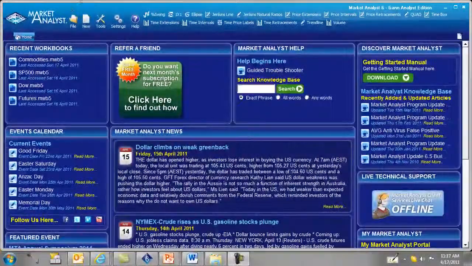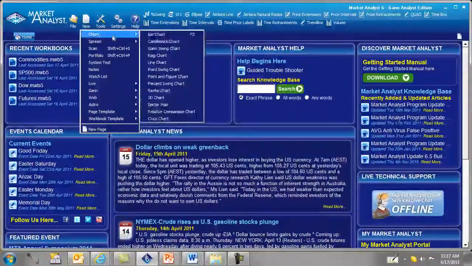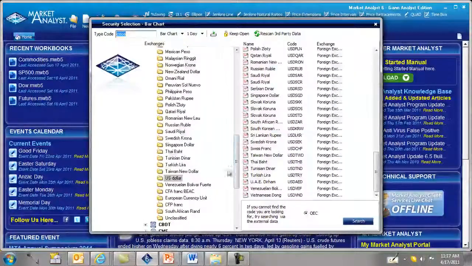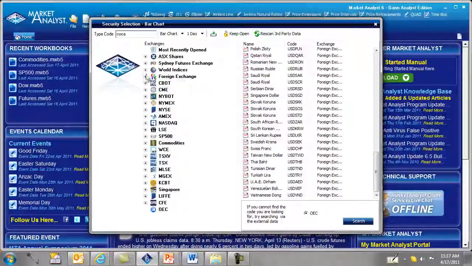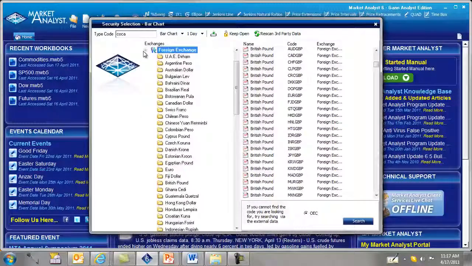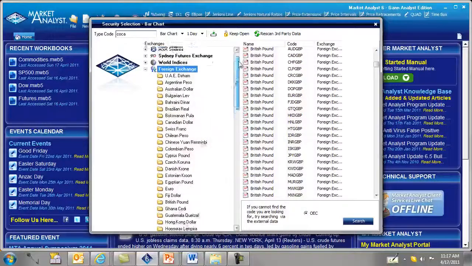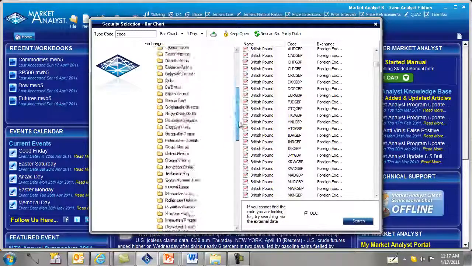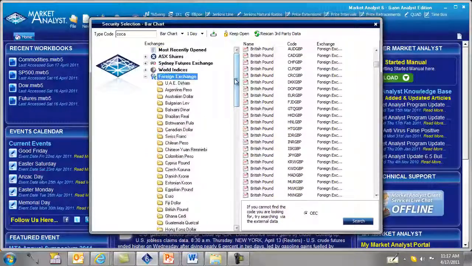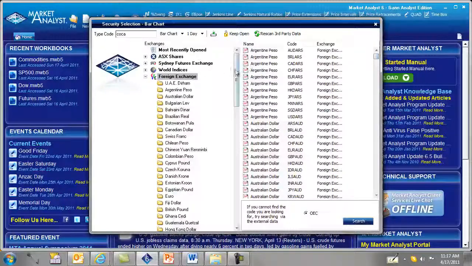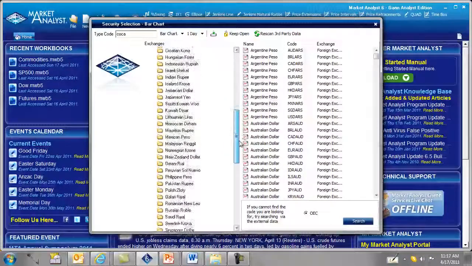To create a FOREX workbook, go to New, Chart, Bar Chart, and look for the foreign exchange category under exchanges. So if we expand that, we can see all the different currencies here. Now there's a lot of cross-currency rates, so many pairs here. A lot of us are not going to be trading these instruments. So with that in mind, what you need to do is go into each one and select which ones you want to add to your